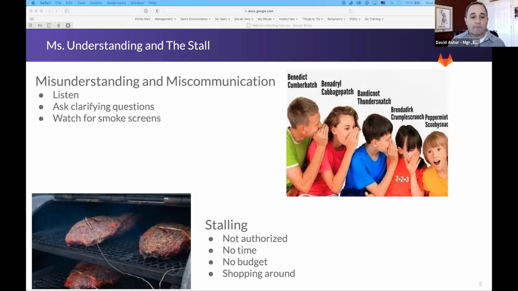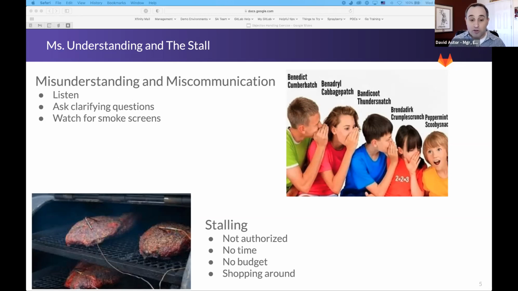And then finally, speaking of smoke screens, speaking of smoke, if anyone has done any low and slow smoking on a barbecue grill, there's the concept of the stall. When you smoke larger cuts of meat like brisket or a pork shoulder, basically what happens is the meat gets to a certain temperature and then it stops, sometimes for a really long time, but it eventually gets going again. And this is analogous to an objection in sales, right? Things are moving along smoothly, and then all of a sudden something stalls out, for some reason or other. And stalling is just, as I mentioned, a reason why objections come up.